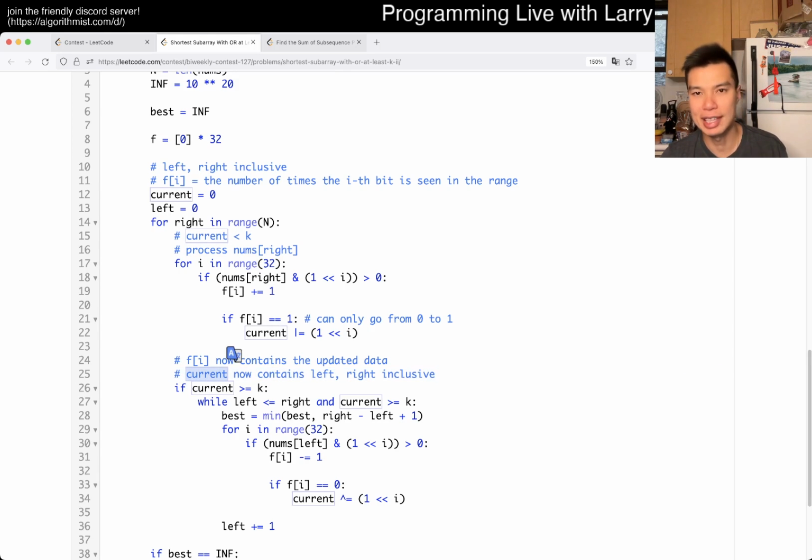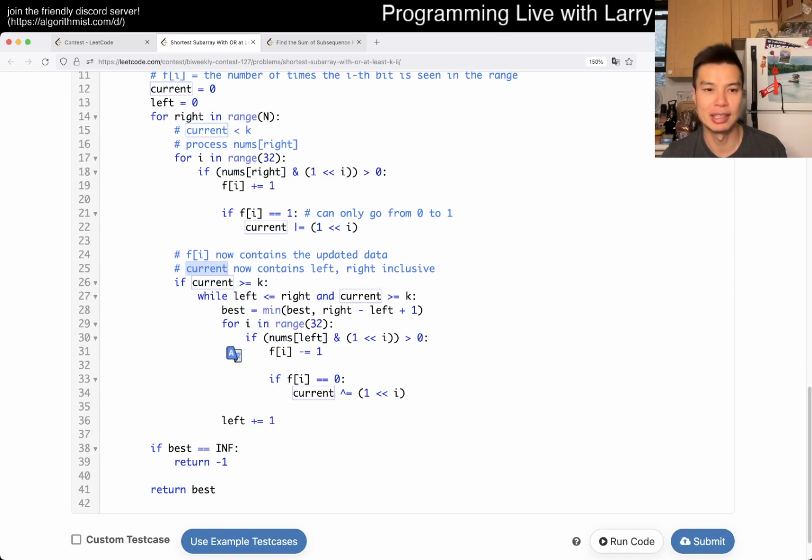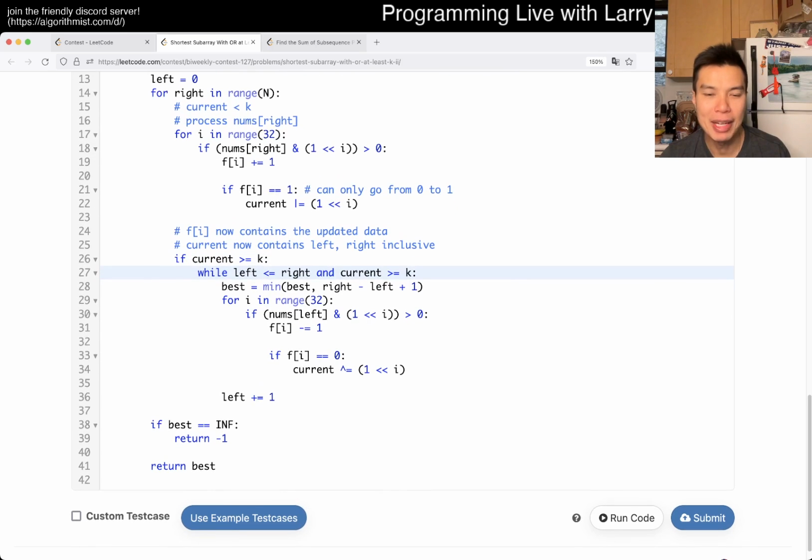So current now contains the bitwise OR of everything between left and right inclusively. So then now we go, if this is the case, and actually I don't even need this if because this while statement handles it, but it doesn't matter that much. But basically, if current is greater than or equal to k, and left is, I just have this here for breaking reasons, which we'll go over in a sec. But if current is greater than or equal to k, then now we know that